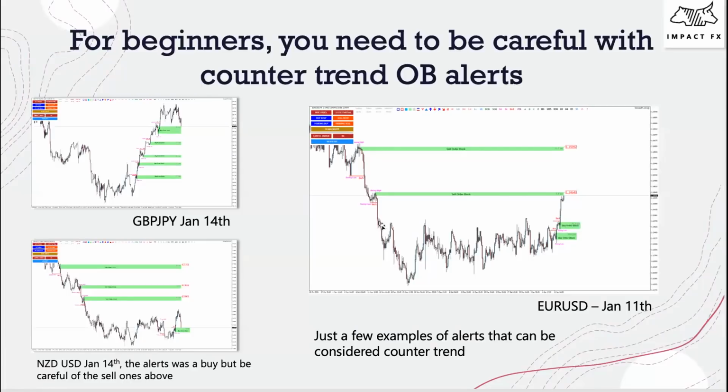Okay. And here's some examples, you guys, to keep in mind. The alert that gets sent out here for the NZD-JPY, this one down here, this was a continuation of your accumulation phase. So this was a valid, really nice buy. But see how Anne has these other sell order blocks up here? Those to me would be classified as reversal OBs because it's like this. As price is starting to make higher highs, yes, you are in a downtrend, but those trades probably will